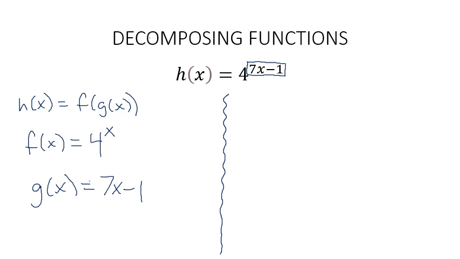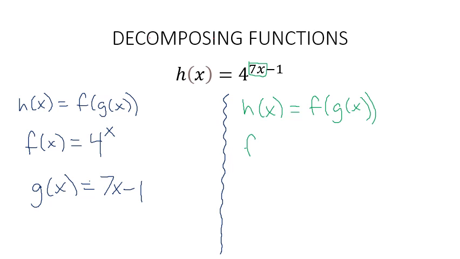So 4 to the power of x is the outside function, and the inside function is 7x minus 1. But if for some reason I think that the inside function should be 7 times x, then I'm going to decompose this differently. I'm still going to say that it's an outside function and an inside function, but this time